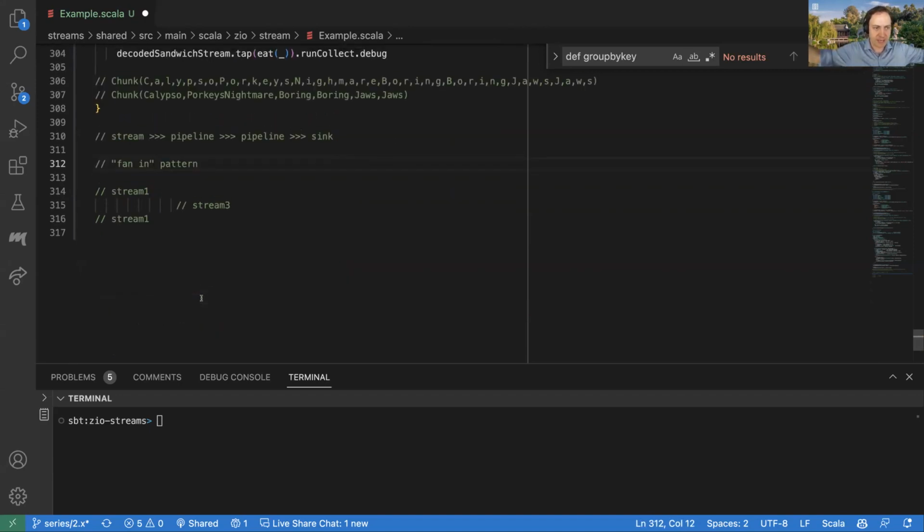Or sometimes you can think of that as like a T, right? You've got the two things on the top and then they come together and there's just one thing on the bottom. And the other variation of that is the fan-out pattern. And we actually saw a little bit of that, I think, in our first session where we talked about hubs. So this would be where we had stream one, and we want that to go out into stream two